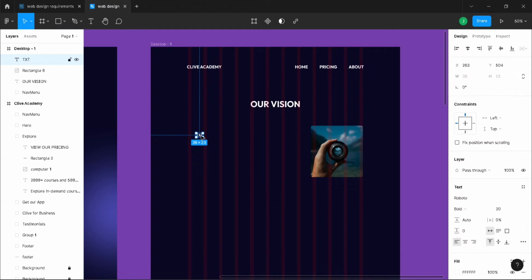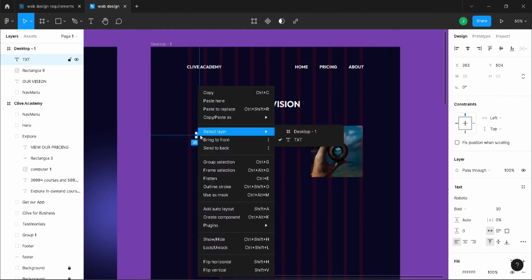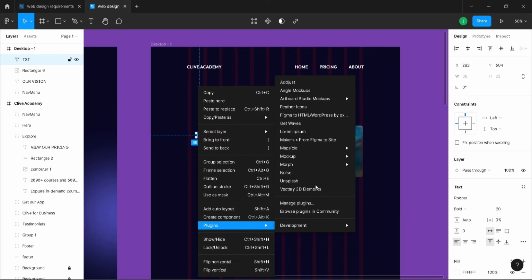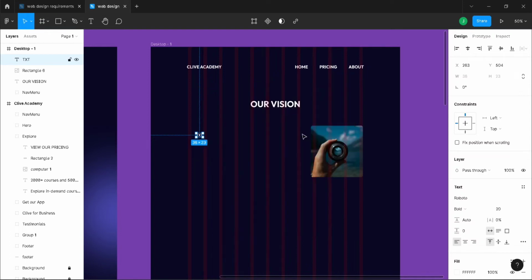Right click above that selected text, go to plugins and click on Lorem Ipsum. If you want to download Lorem Ipsum, just go to the community and type in Lorem Ipsum and go to plugins. The very fifth plugin will be Lorem Ipsum. Okay, click on that,